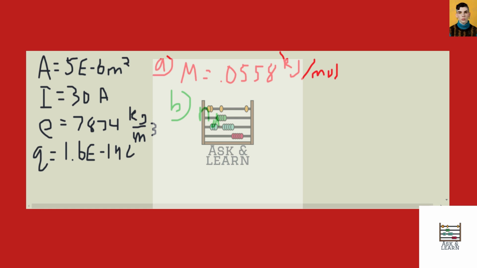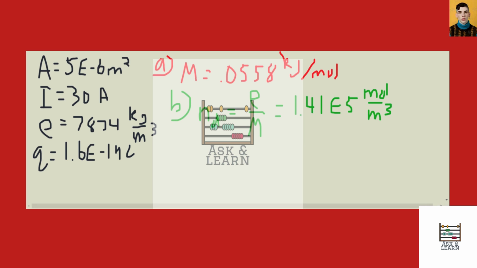Then for part B, we're looking for the molar density of iron. So the equation we're going to use here is molar density is equal to the density of iron over the number of kilograms in a mole. And so that's going to be equal to 1.41 times 10 to the 5 moles over